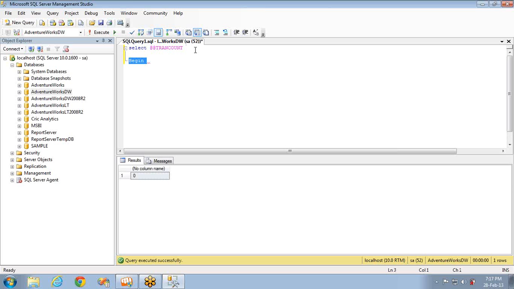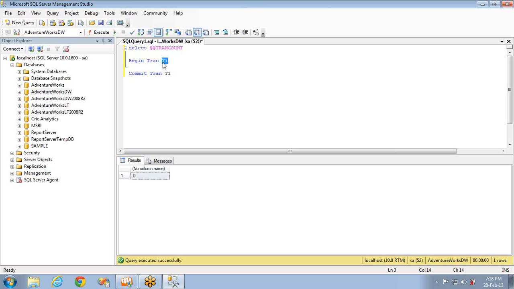Before going to nesting transactions, there is one more thing I want to say about transactions. You can give names to the transactions. For example, begin tran T1 and commit tran T1. This is how you can provide the names: begin transaction, and the transaction name.